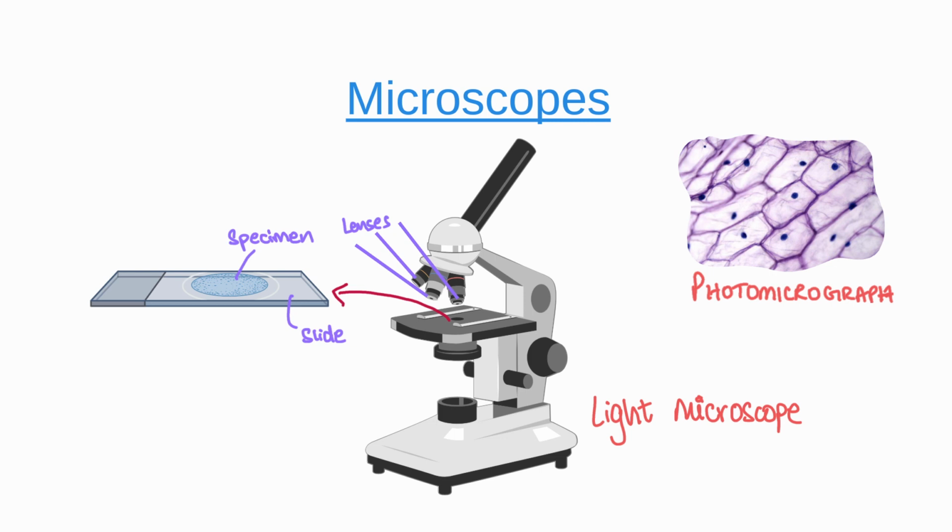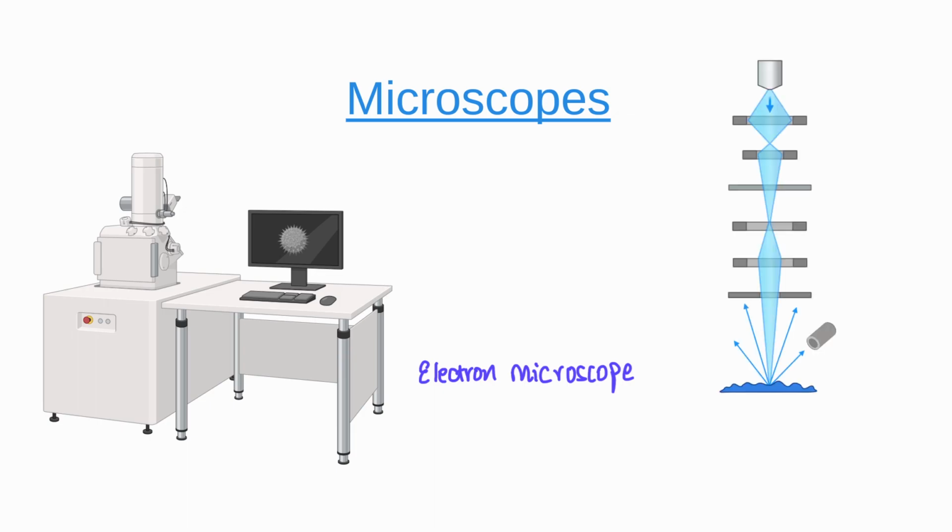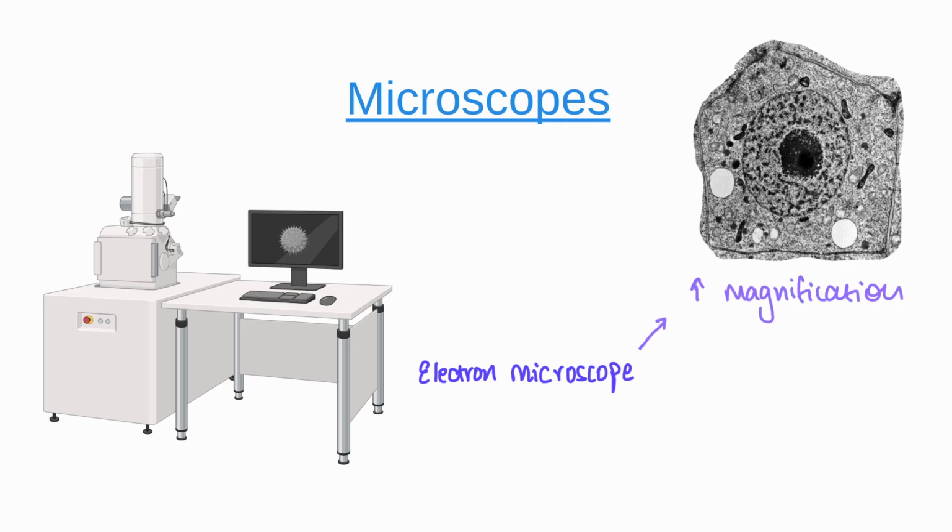Now, these lenses on a light microscope can only expand the image up to 100 times, maybe. But that's not nearly enough for such a tiny structure to be seen. So, while this regular or light microscope is able to magnify a cell quite a bit, it's still not able to do it as much as scientists would have liked to study it. So, they then came up with an electron microscope. Now, this electron microscope used an electron beam instead of a light ray, as it says in the name, to magnify the image. And for that reason, the image produced was much more enhanced and much more magnified than that in the light microscope.